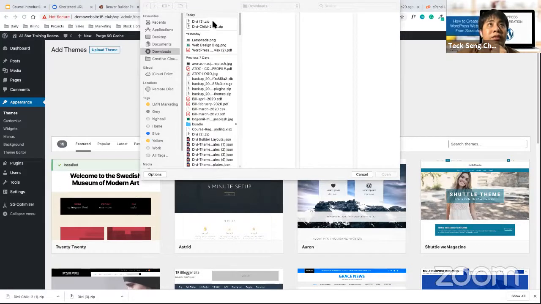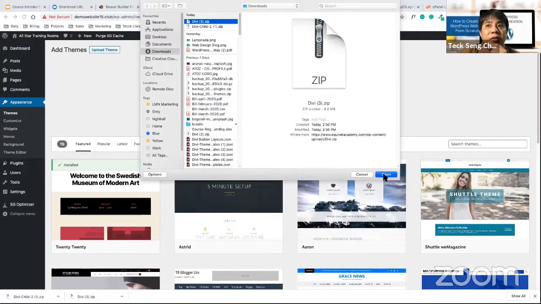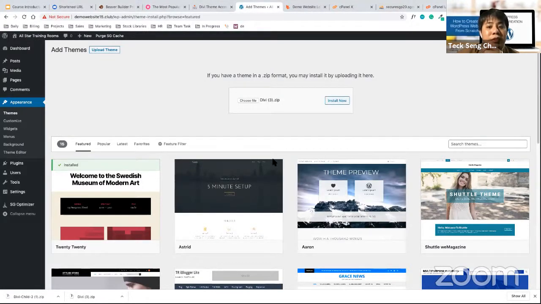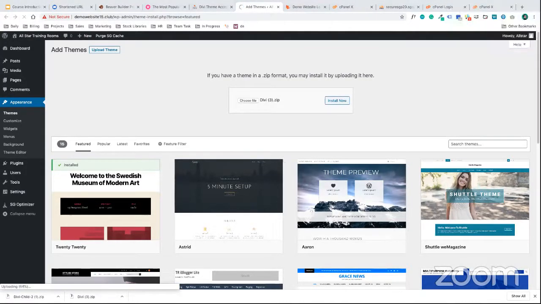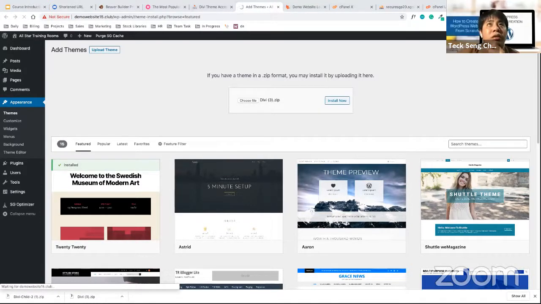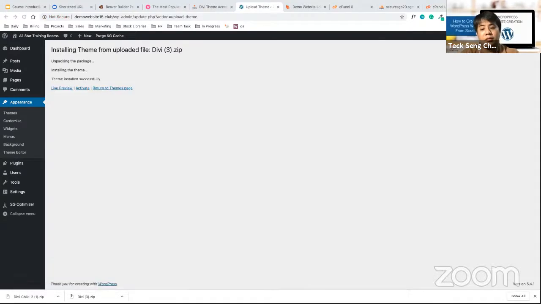Now you just need to upload your DV theme first, the first one, not the child theme, the first DV theme file that you downloaded, and then click on Install Now. Once you have got it installed, it will load the page and you will see Activate Now.